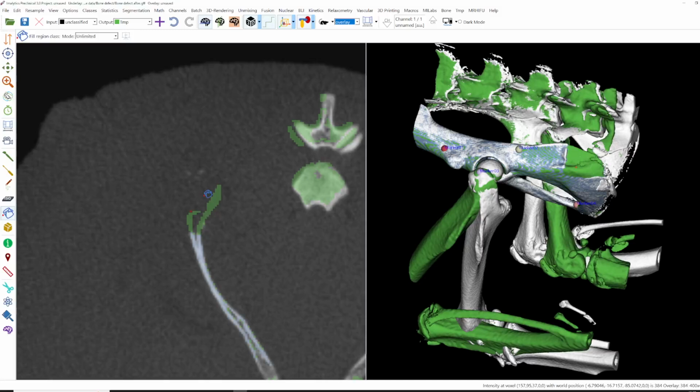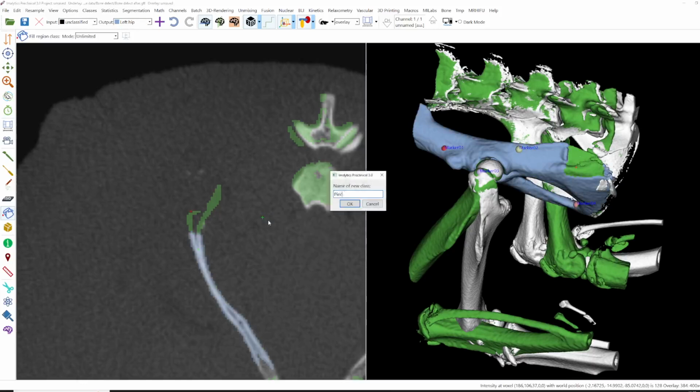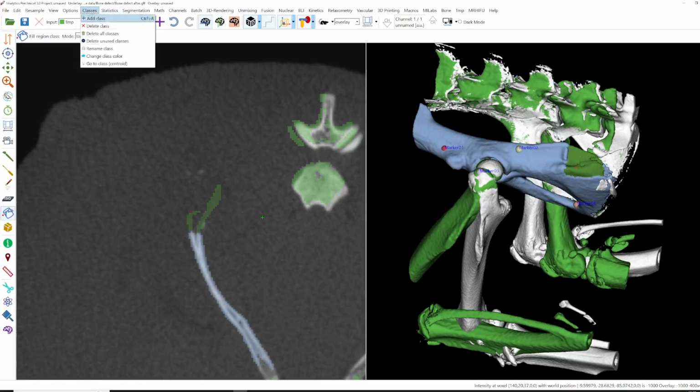And we can now dilate the hip. So go to left hip, perform a morphologic dilation with 1. Then let me add a class piece and perform a fill region again. I will change the color of this piece so that you can see it a little bit better.